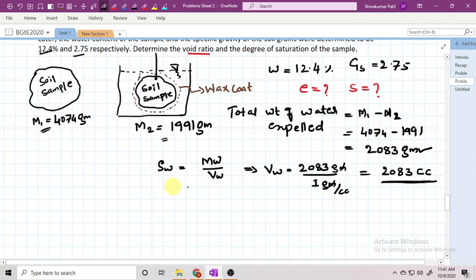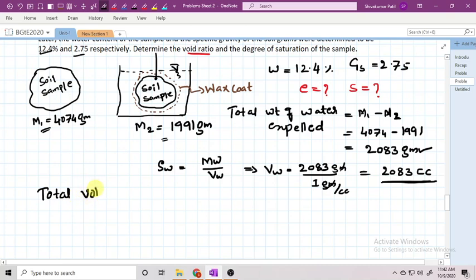So this much volume of water is expelled due to immersion of this soil sample. Whatever volume is expelled, the same volume is nothing but the total volume of the soil sample, because according to Archimedes principle, if a certain volume of a body is immersed into the water, an equal volume of that body will be expelled out. So now you tell me the volume of soil.